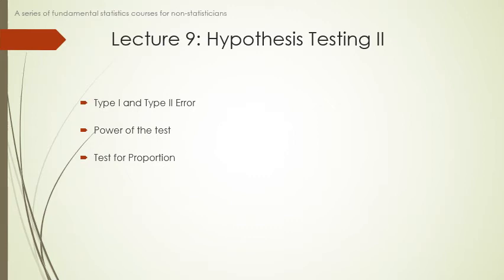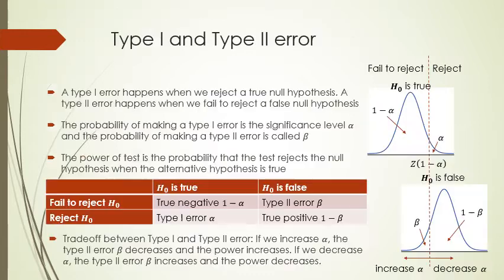In the ninth lecture, we will cover the type 1 and the type 2 error, power of a test, and the hypothesis test for proportion. In hypothesis testing, a type 1 error is the rejection of a true null hypothesis, also known as false positive,